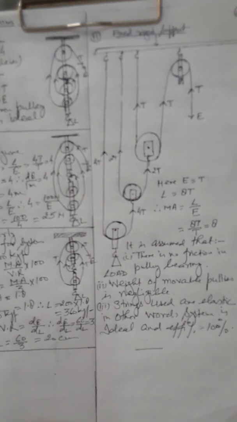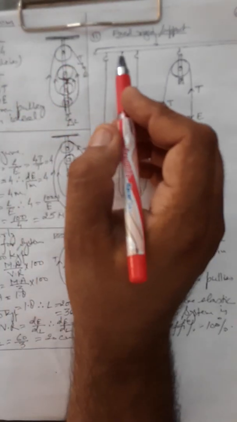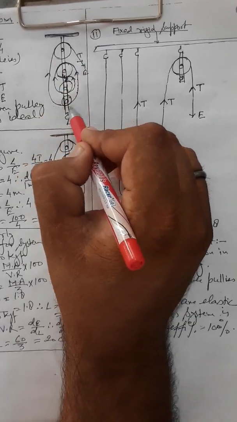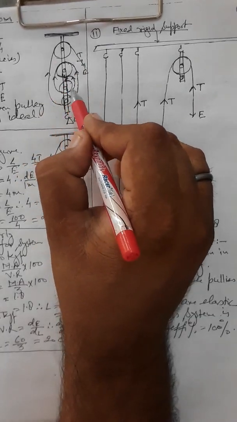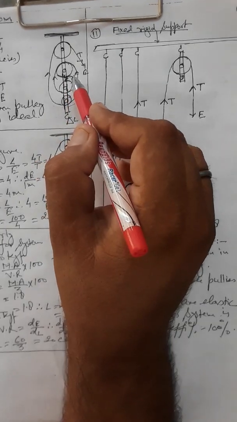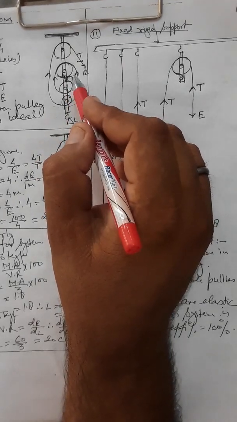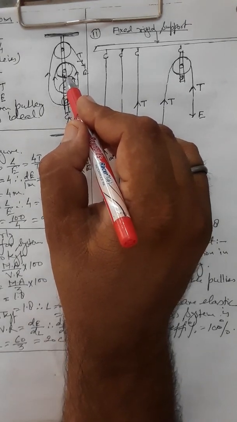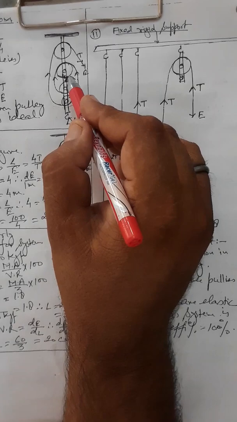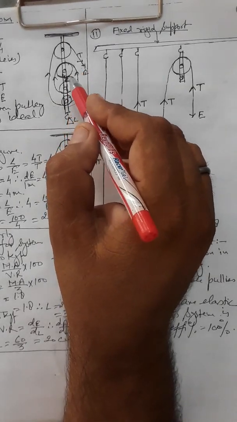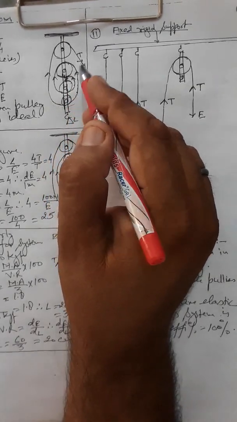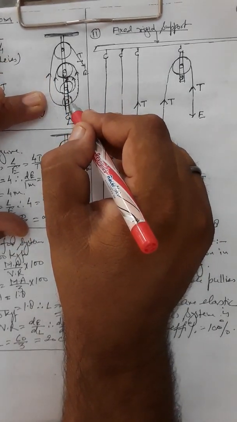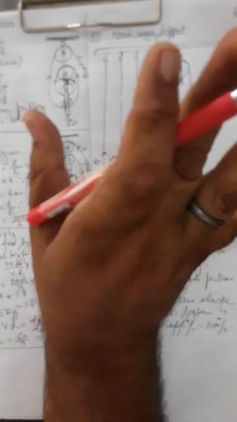See, in this first of all we will put the strings as you are told, from the upper block to the lowest last pulley, and to the upper block, and again to the lower block and the upper hook. What we have seen in this is that when the system has an even number of pulleys, the last end of the string is supported to the upper block, and if the pulleys are an odd number, then the last string is supported to the lower block. This we have to remember.